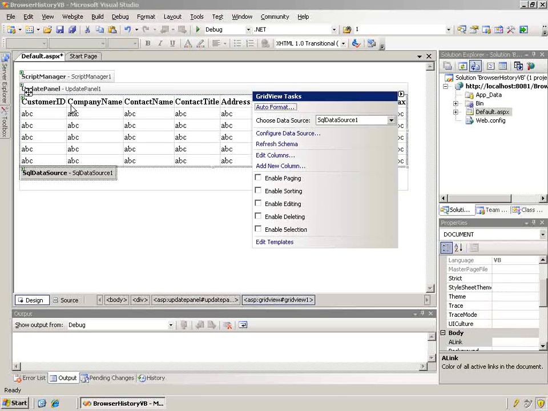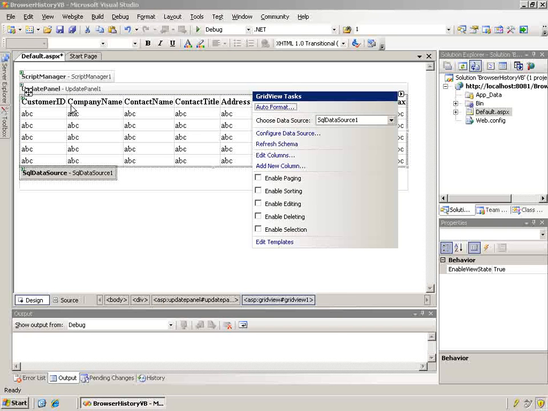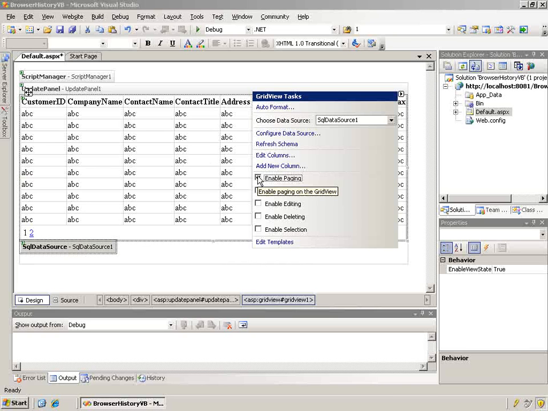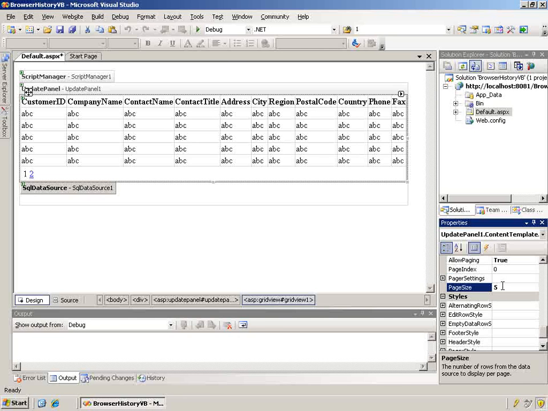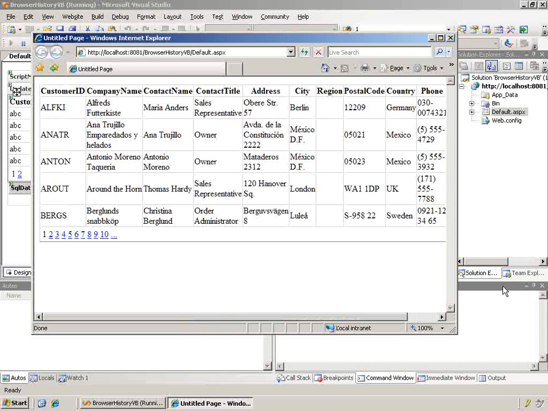So one of the things that I want to do is change my properties on my data grid view to enable paging. And once I've done that, I'm going to click on the data grid view itself to get to the properties. And I'm going to change the page size to 5. If I run this now, you'll see that I get a page with a data grid view on it and the ability to page through these. As I click on new pages,